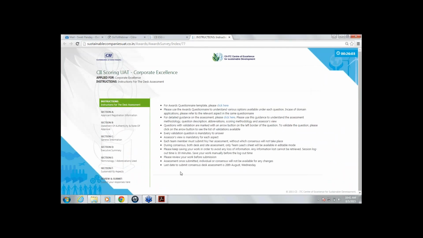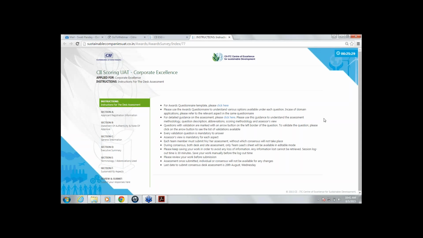Another important point mentioned on the instruction page has to do with the session timeout. As you can see, there is a session timeout clock which appears on the right-hand side of the page, ticking by the second. It's a 30-minute clock, which means every session is available for 30 minutes if not saved. Once you save a session, the clock automatically resets to 30 minutes.